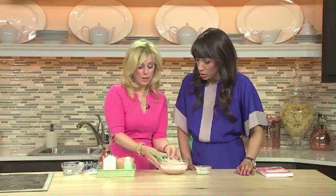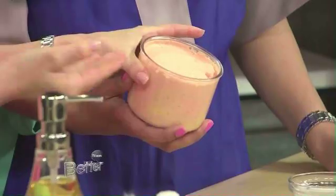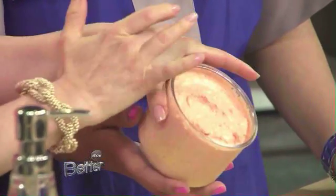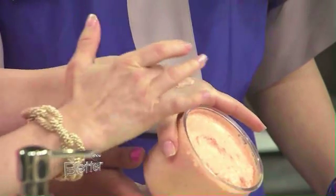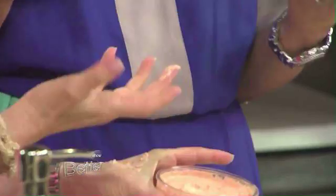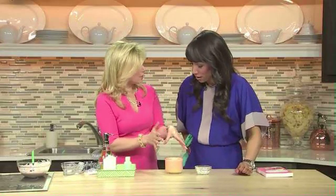So that's your peach mask, and then when it's all done, it's going to look like this. Oh my God. Now, I actually whipped this a little because remember, there's cream in it, so if you get a little air in it, it's very nice. Okay. So then you're going to take this mask and you're going to rub it all over her skin. Look at how beautiful that consistency is. And the kids just love the grittiness of it too, right? It's fun. So you're going to put that all over your skin. Okay. Leave it on for about 5 to 10 minutes. Now, the peaches are great because...